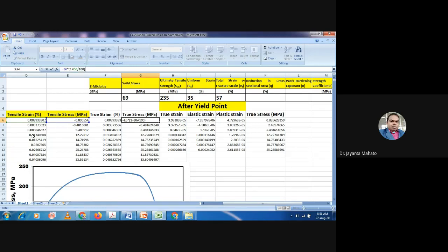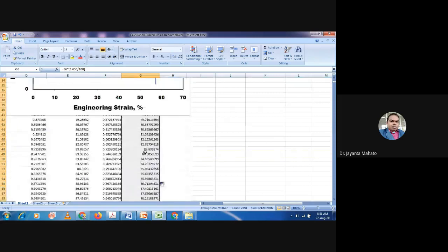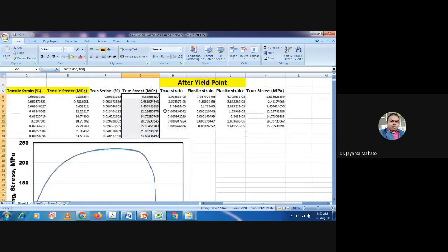This is the true stress value, and if you double click, then along this column we will get the corresponding true stress value of the engineering stress value. So these are actually the true stress strain values.